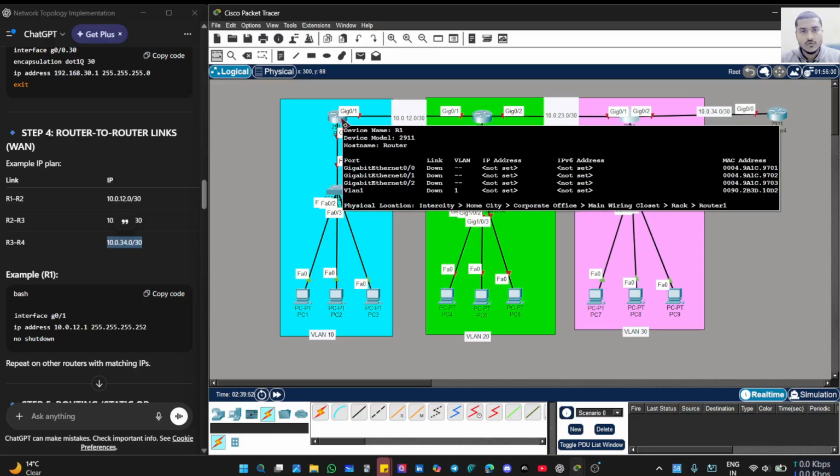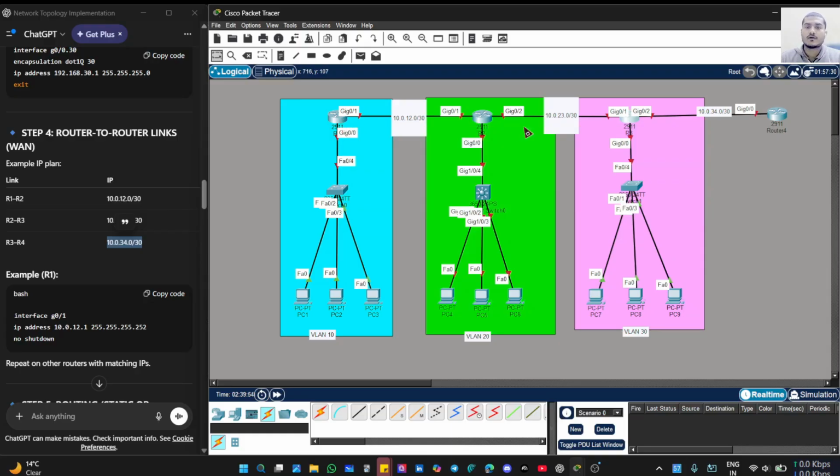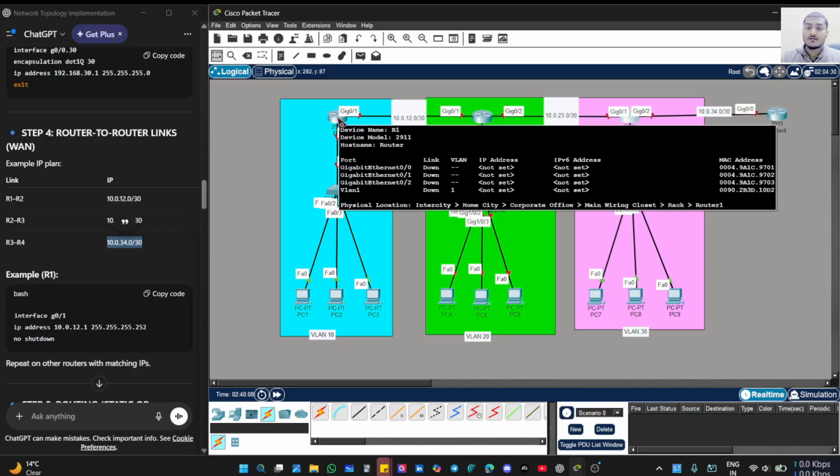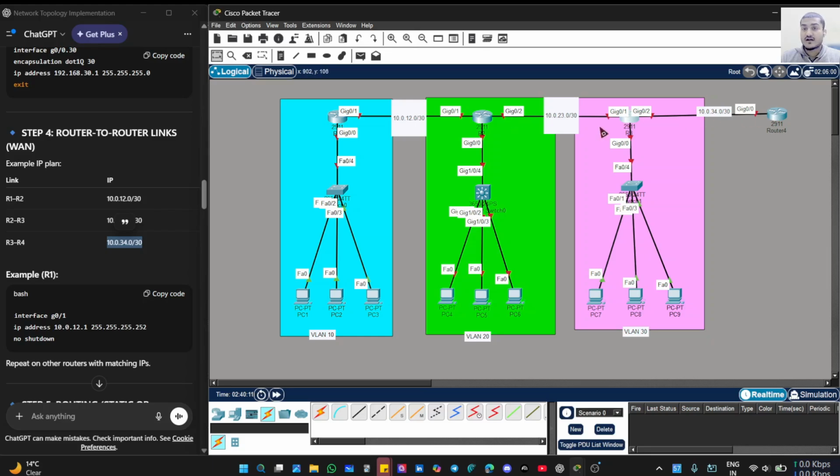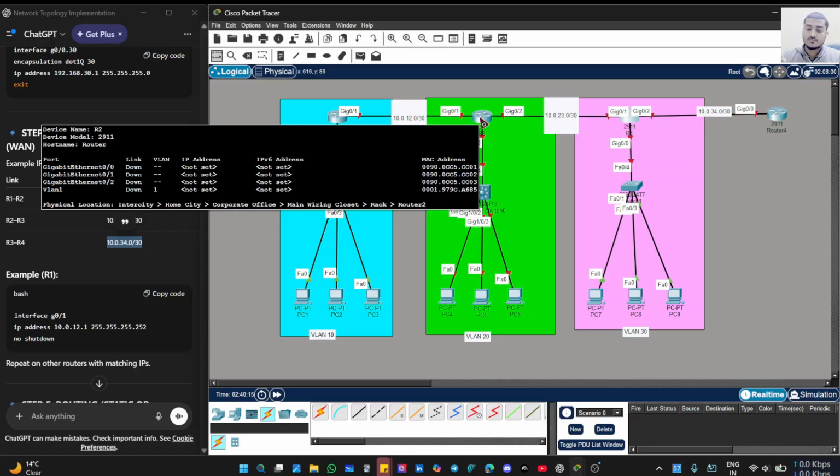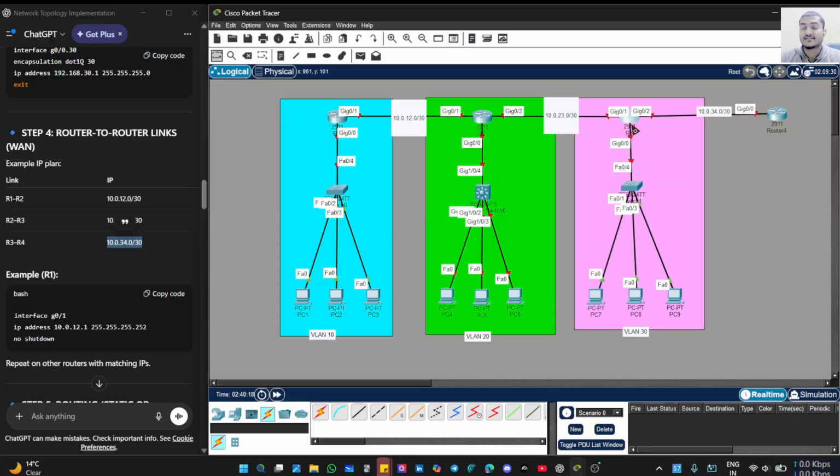Then after that, we have to go for router 1, router 2 and router 3. In between, we have to assign the interfaces to them. Then, if we are done with the router on a stick part, we have to configure the routing part. If I want to send a message or any kind of information to this hop,